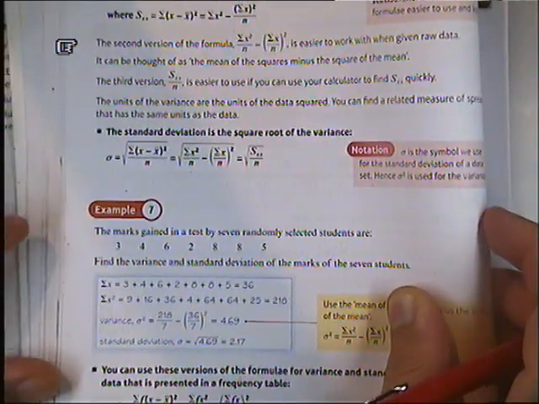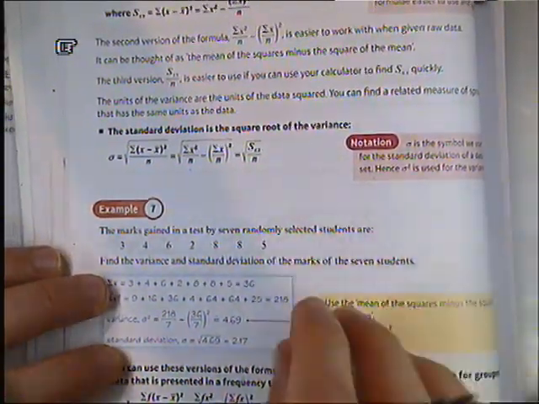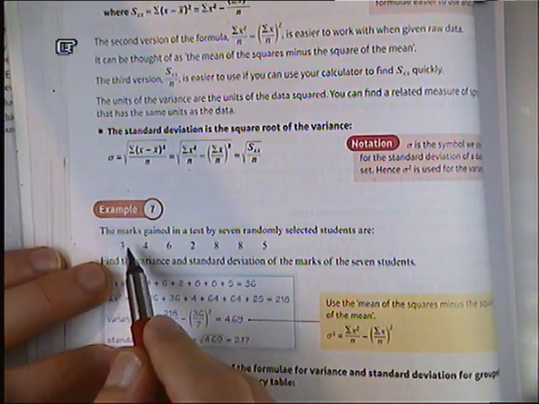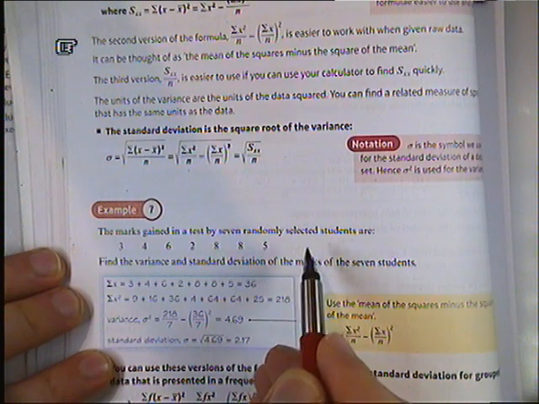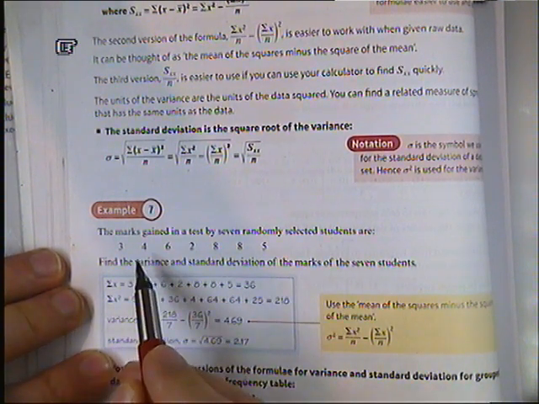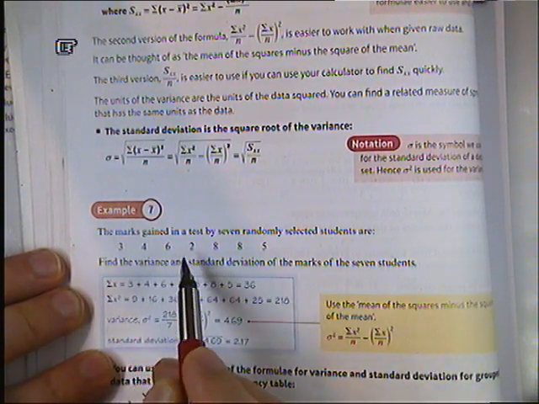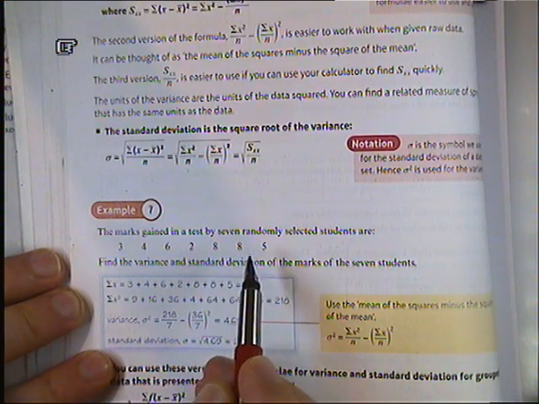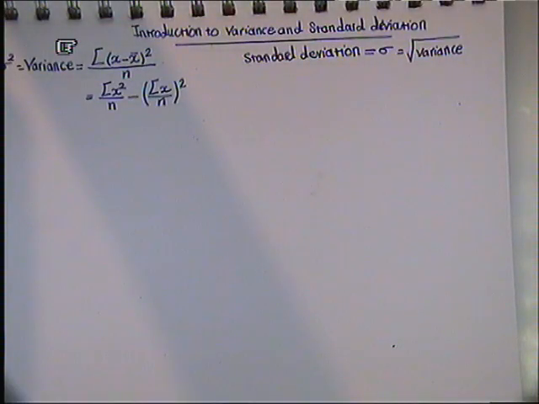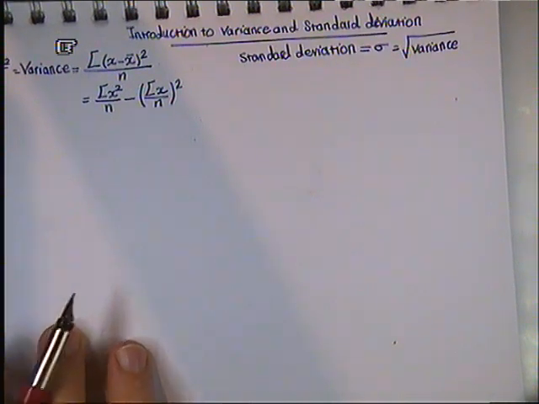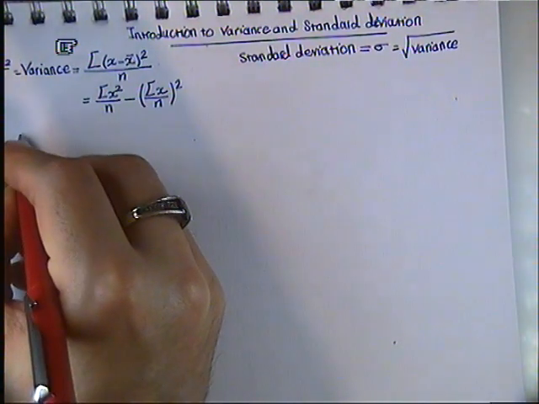It says that the marks gained in a test by 7 randomly selected students are 3, 4, 6, 2, 8, 8, 5. Find the variance and the standard deviation. To do that, we're going to use this formula. So this is the example